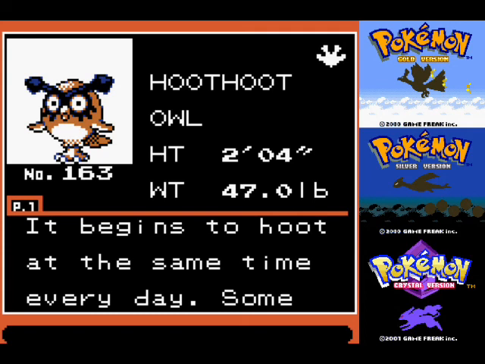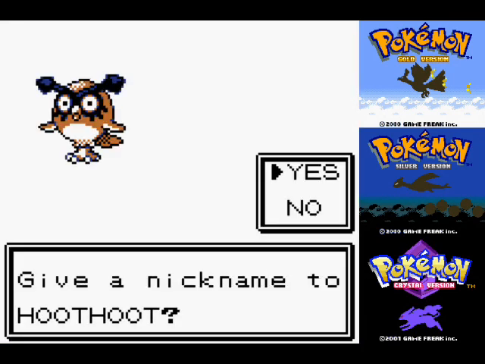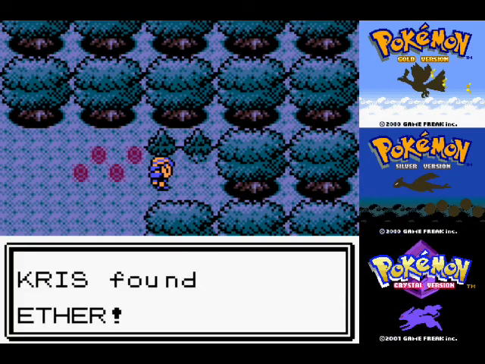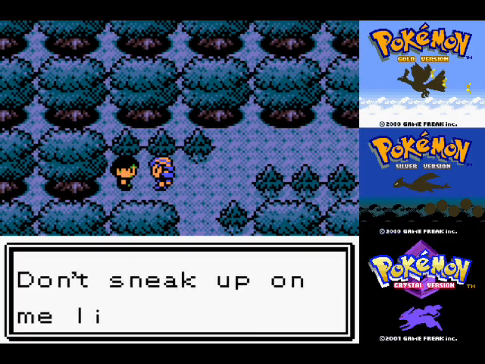Hoot, the owl Pokemon. It begins to hoot at the same time every day. Some trainers use them in place of clocks. I don't think I've heard of this one before, or at least that entry. We are not naming it because it's... Hootoo's cool, but I think it'll be better in a different generation. It's just not here. An Ether, very good item that I kind of...